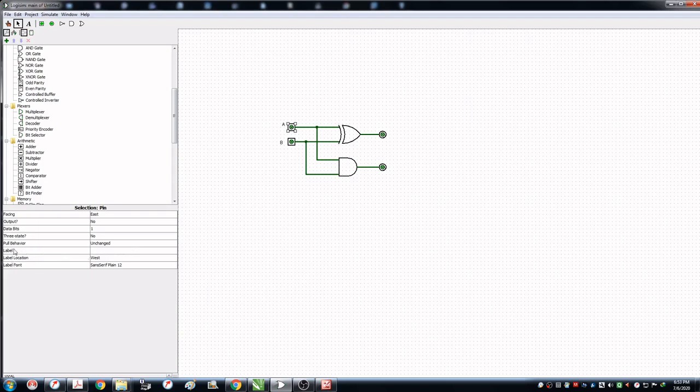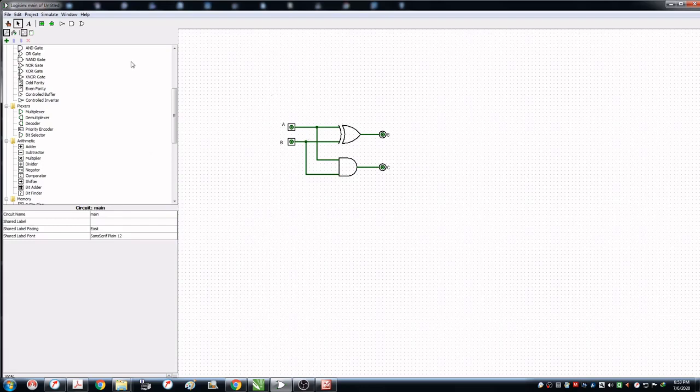You will find the label there, so you can give the label in that also, and it will automatically be labeled by the particular letter. We do it for the outputs. Here we want sum, so we give Sum, and here we want carry, so we give C. So this is the half adder circuit, ready.